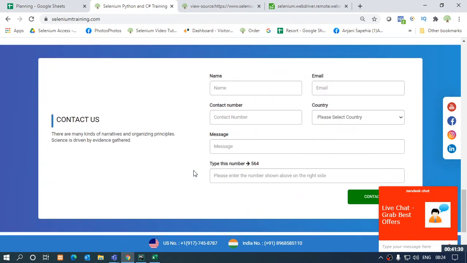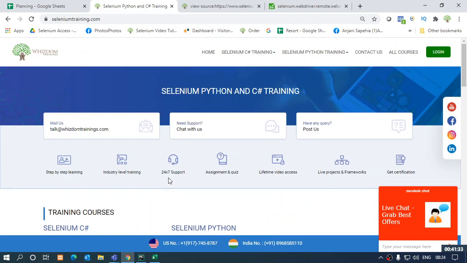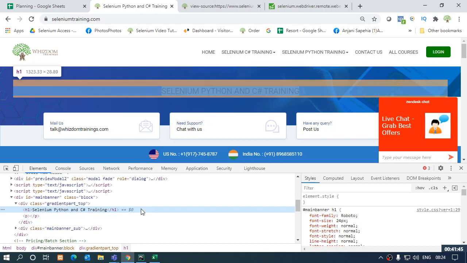So I'm not going to the bottom of the page. I'm just going to take the very first element only, like this static text, Selenium, Python and C# training. If I inspect this text over here, it does not have any attribute like ID or name. It does not have anything like that. So how do we actually identify this from the web page? Here the need comes up for XPath: if some element does not have any optional attribute, we use XPath or CSS selector. Otherwise, we can also use it just to make the locator stronger.